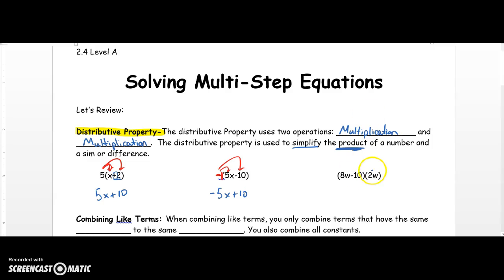Over here, it doesn't matter if the number is on the other side. You have 2w times 8w, and then 2w times negative 10. So 8w times 2w is 16w. 2w times negative 10 is negative 20w, so we're just going to write minus 20w. That was our review of